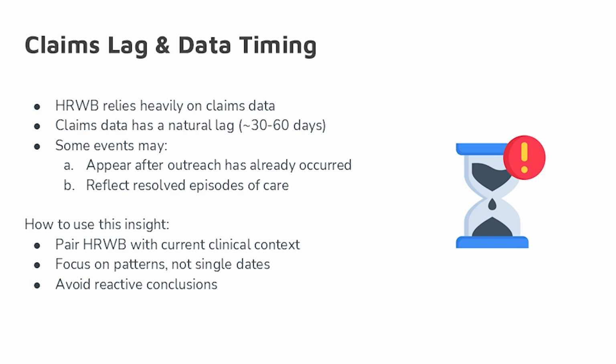It's critical to understand how data timing affects this workbook. The High Risk Workbook relies heavily on claims data, which naturally lags, typically by 30 to 60 days. As a result, some utilization events may appear after outreach has already occurred, or reflect episodes of care that have since resolved. This is why we recommend pairing high-risk workbook insights with current clinical context, focusing on patterns rather than single dates,